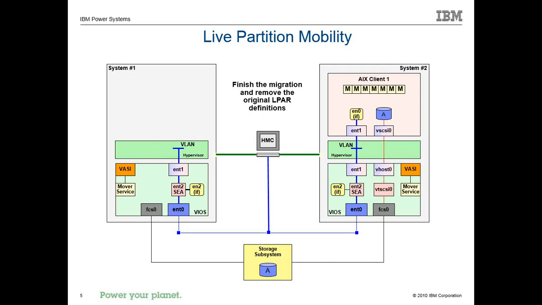So all this is still being done, and then once we have the partition running over on the new destination, the HMC will go off and talk to the VIOS. The hypervisor will delete that old partition. We'll remove the mappings from the VIOS. We'll remove the virtual slots in the VIOS. We'll basically clean up everything, and now System 1 doesn't know that LPAR ever existed over there. There are no remnants of it over on System 1.